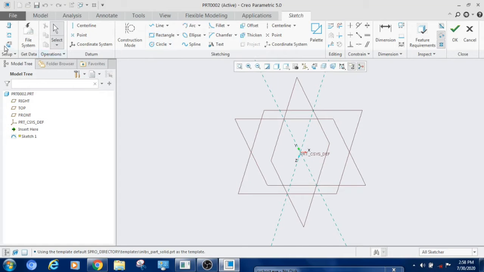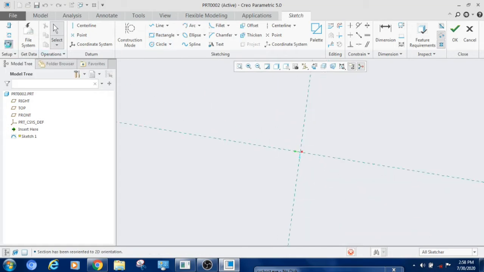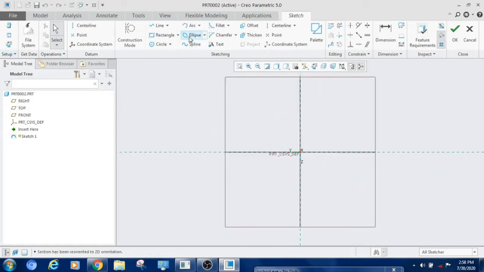Then we have to select Sketch View, and we will select a line. If you don't know how to use a line and how to use a dimension, please refer to the last video.